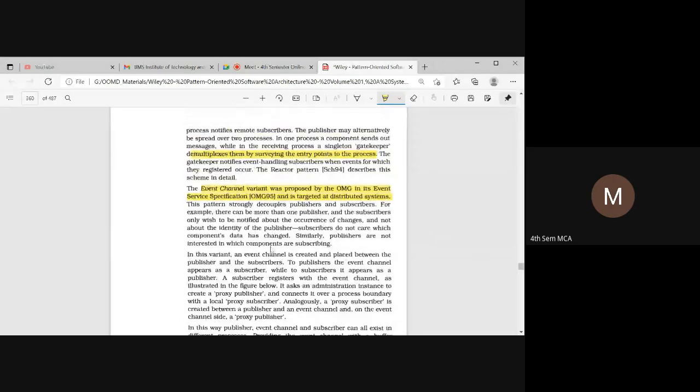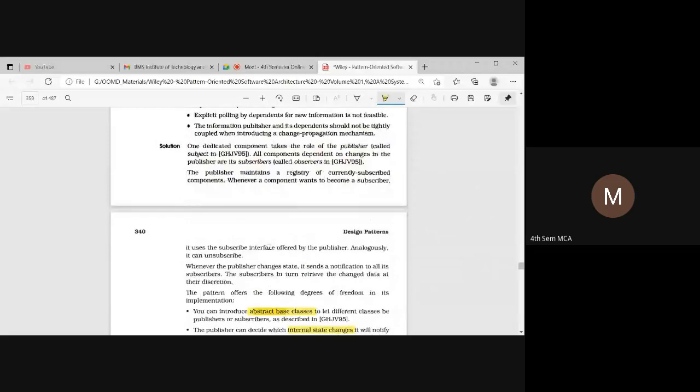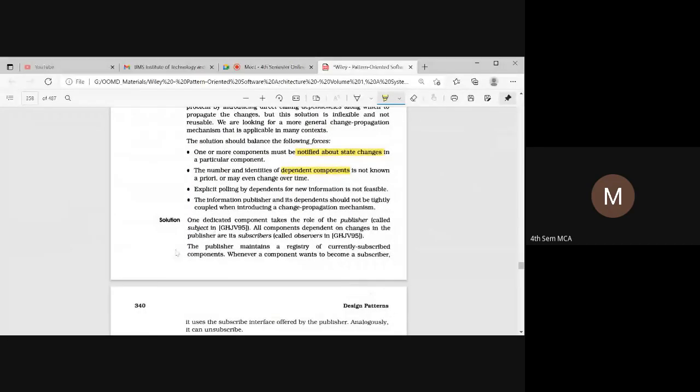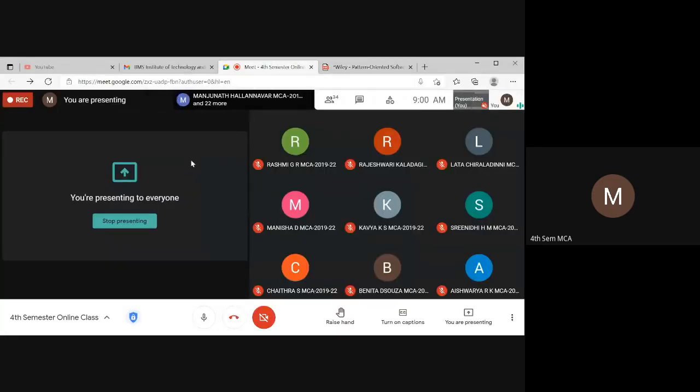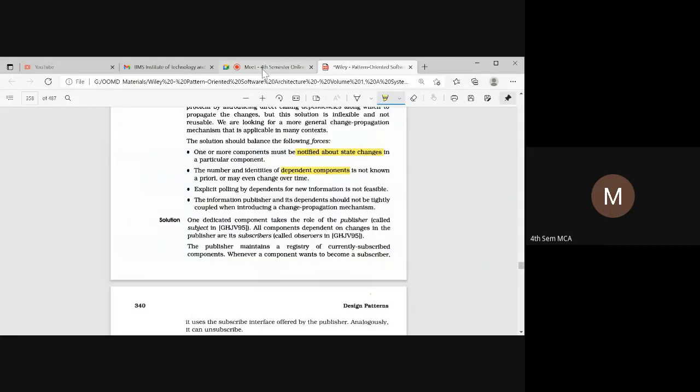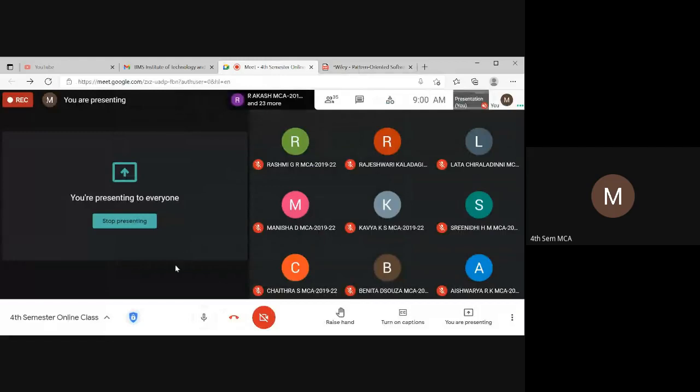So that completes the publisher subscriber pattern. In this, you don't have an example. If you want to take an example, you can take the example that we have taken for the lab session, right? So we have a name and a price. So that can be taken as an example. In the theoretical part, they have not specified the example here. Do you have any doubts in this?